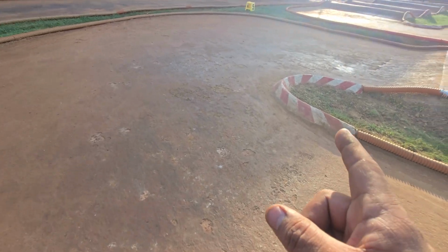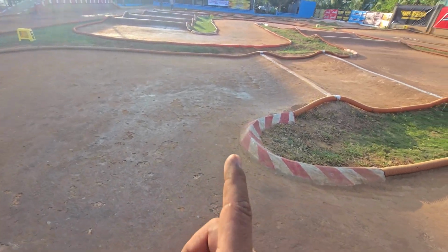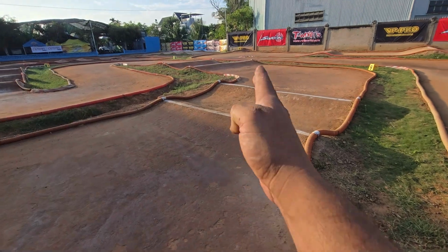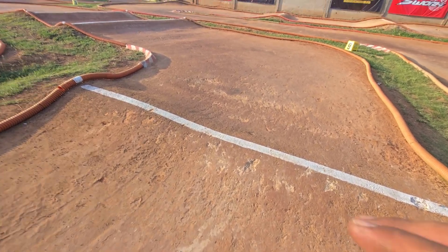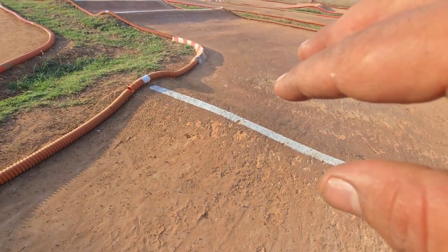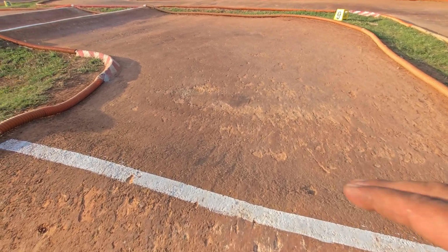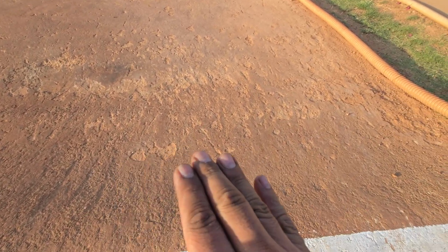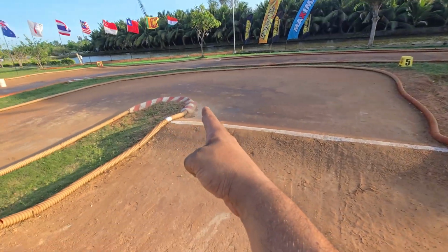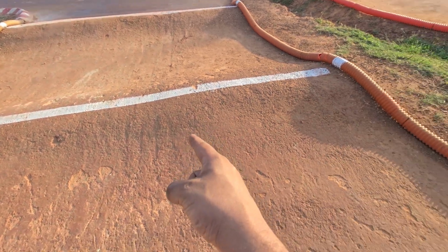Okay, now this again is another 180, but it's a 180 into a small double. Hit this at an angle going that way. 180 to a small double. Small double is nice and easy to make. Smooth, it's a very smooth face there. Have a look at that. Very smooth. And the jump face is pretty even. It's not high in one place and low in another. The landing area is a little bit wobbly, but still pretty smooth. High over there, low over there, you know, and then it just gets a little bit lower to the edge, and then that's that. So if you take it at that angle I was talking about, you land here, and then you're on the gas again